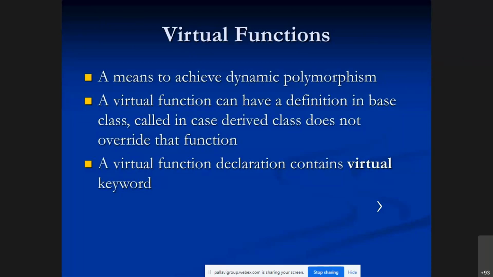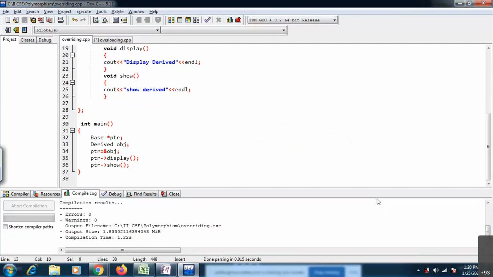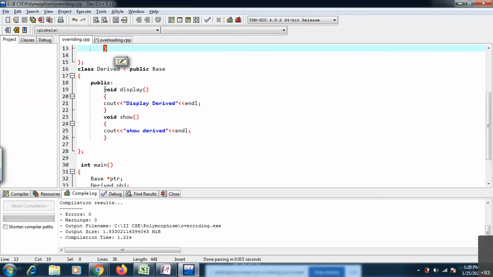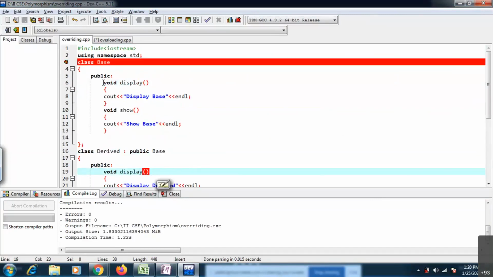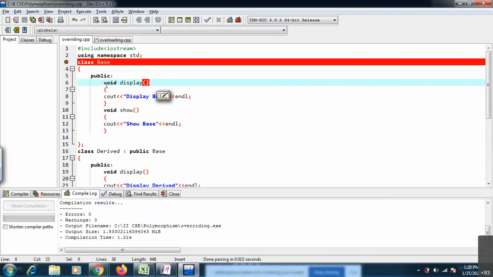Here in the base class you have display, one normal member function. This function you are making virtual. Simple, additionally you need to add the virtual keyword here. Virtual display. In this way you can write one virtual function inside your base class.